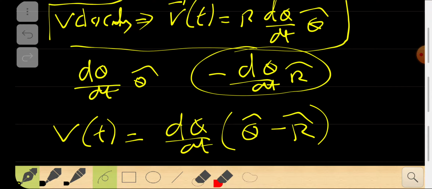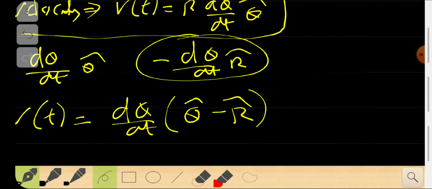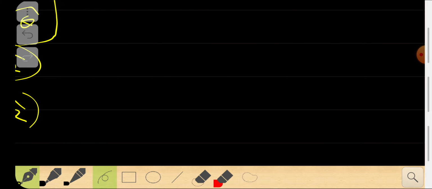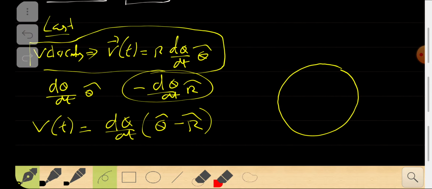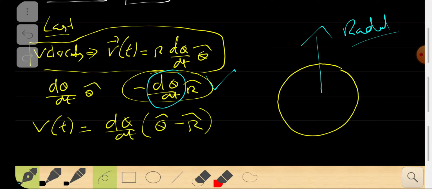So what does it say about the physics of a body which is rotating like this? If you look closely here, you can see that the velocity vector has a component of minus d theta by dt in the r cap direction. The r cap direction is like this, radially outwards. So it's the radial direction, and in the radial direction